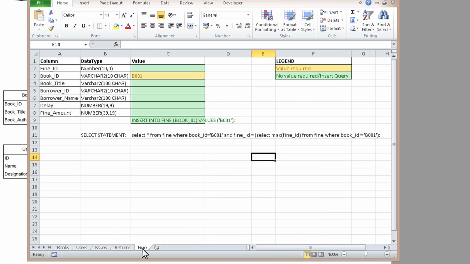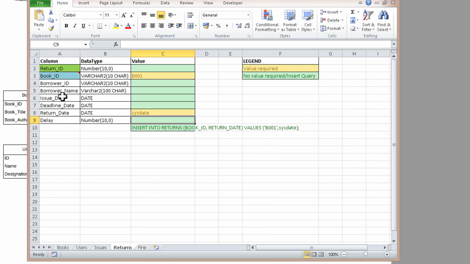So now, apart from that, we have a fine table wherein we just need to enter the book ID, and based on that, we will get the values of all the other columns. So we have a sequence running on the fine ID. We don't need to worry about the fine ID. And for book title, borrower ID, borrower name, and delay, we can capture them from the returns table because we have the value ready, and we can simply use the book ID, and the max return ID should return the latest return ID,